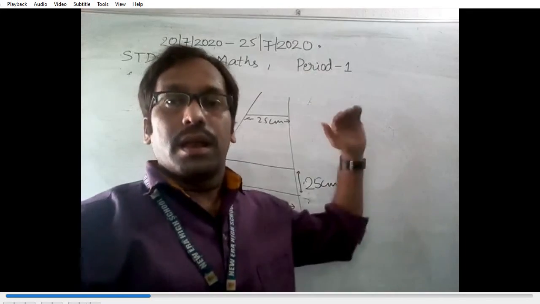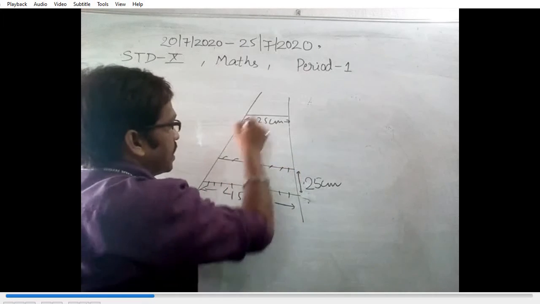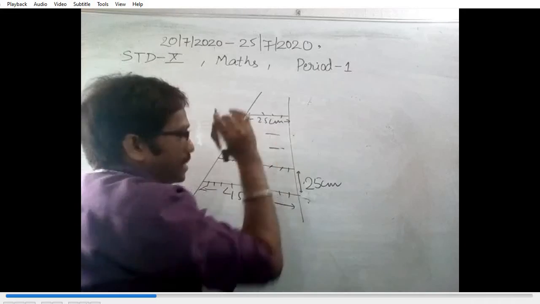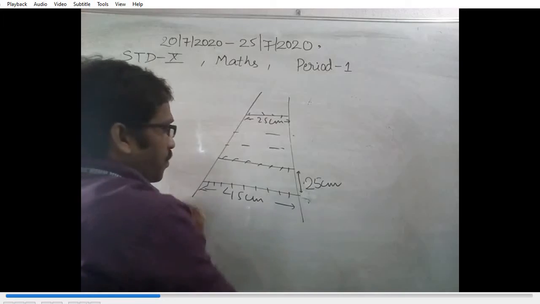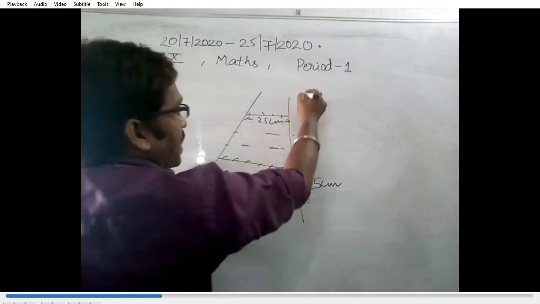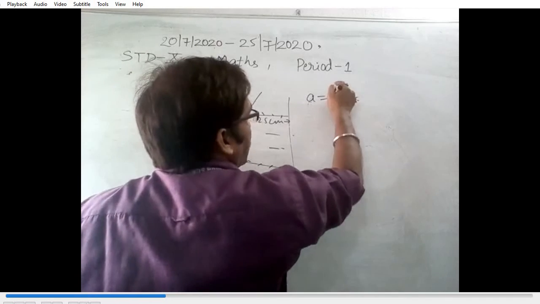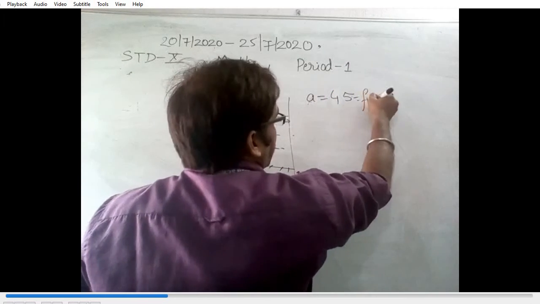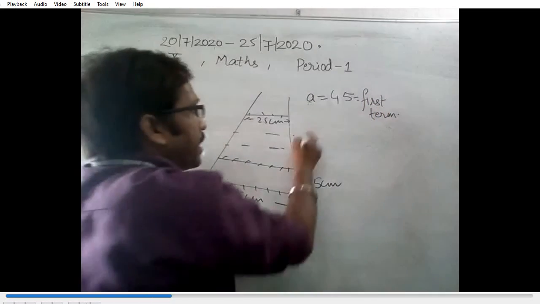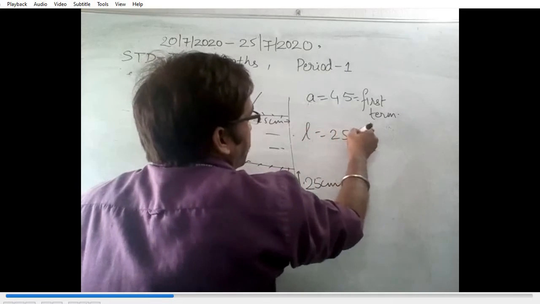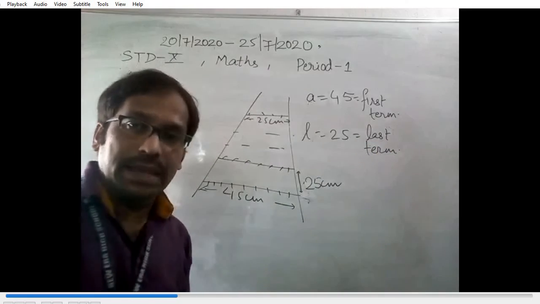So what will it be, our work in this question? First of all, this is made of wood, and we have to find the length of these woods only, and for that I need the help of the sum of n terms of the AP. So let us start. A is given, that is 45 centimeter, the first one on the bottom line. Then we have the last term, that is 25 centimeter, on the top of the ladder. That is the last term. I have found A and L.